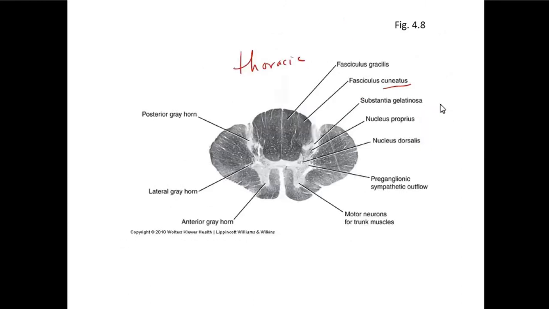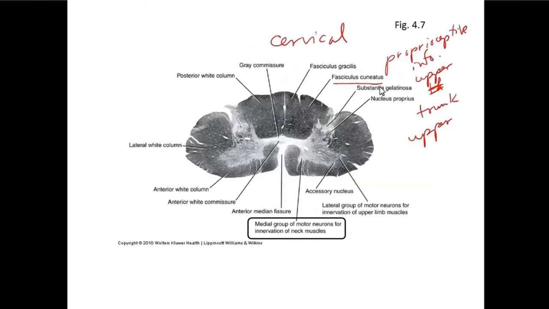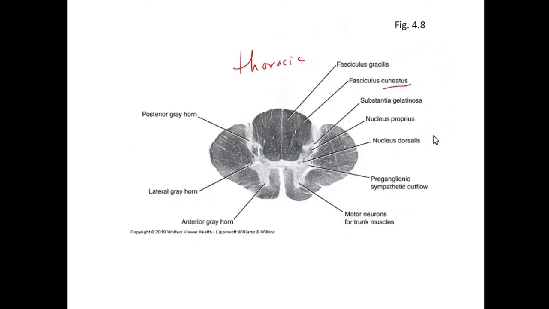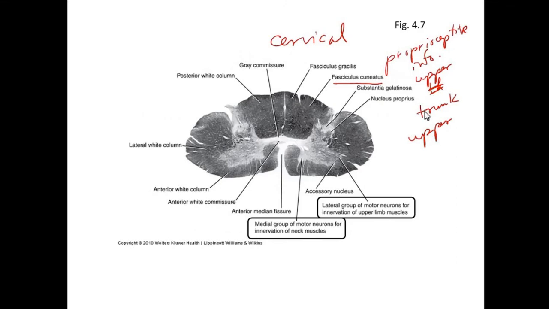Actually, cuneatus, yes. What this carries is information for the upper trunk. Again, it's carrying proprioceptive sensory information for the upper trunk and the upper extremities. Fasciculus cuneatus, okay, cervical